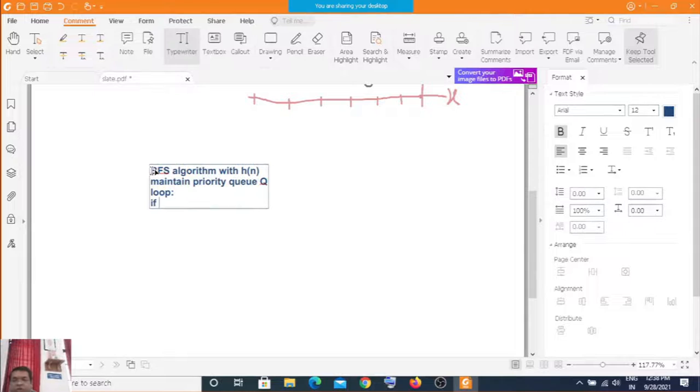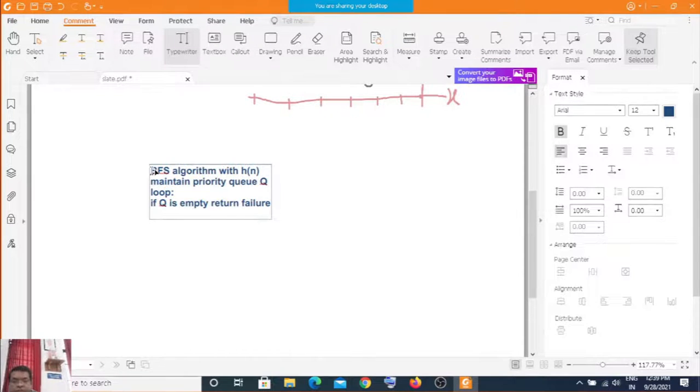If your queue is empty, obviously, what will you return? Return failure, that is, there is no possibility of having any path because the main priority queue is